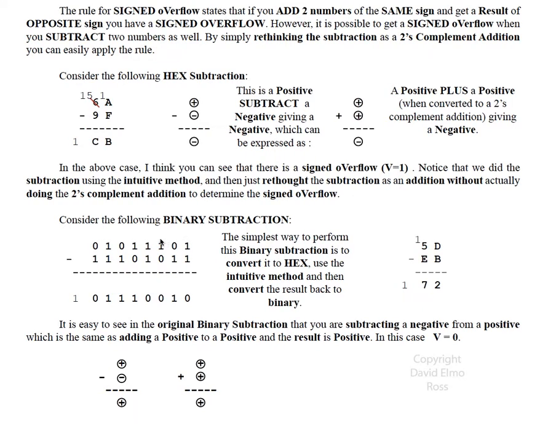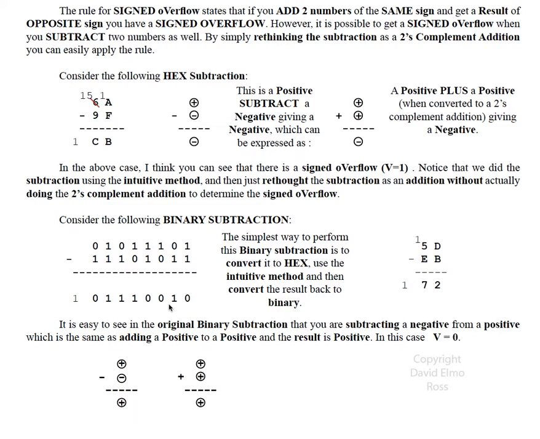Now if we want to take a look at a binary subtraction, it's a little easier to see the numbers in terms of positives and negatives here. This is a positive, subtract, a negative. Very easy to see. Now to do the binary subtraction, we don't want to do a 2's complement addition. We can very easily just convert this to the equivalent hex subtraction, and so this becomes 5D minus EB, and very quickly we can come up with 72 with a carry. And all we have to do is then write this back in here. There's our carry here, and here's our answer, 72 converted to binary,